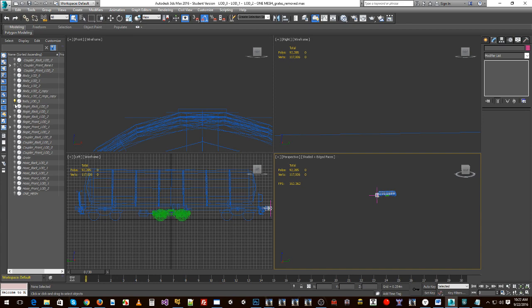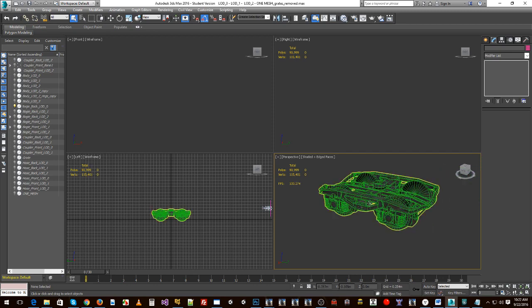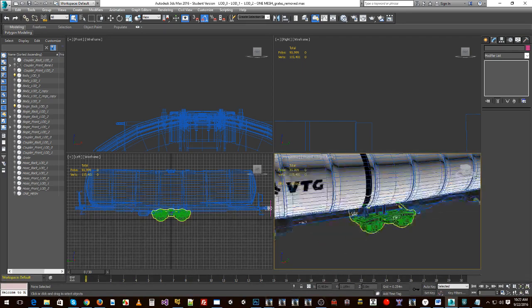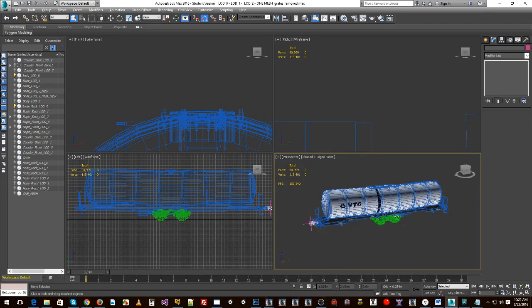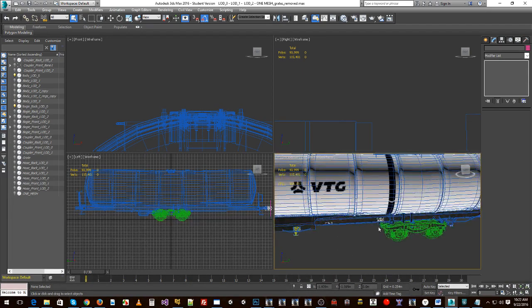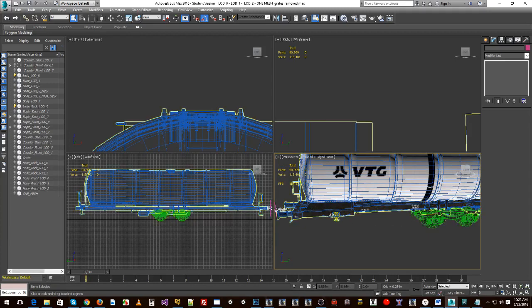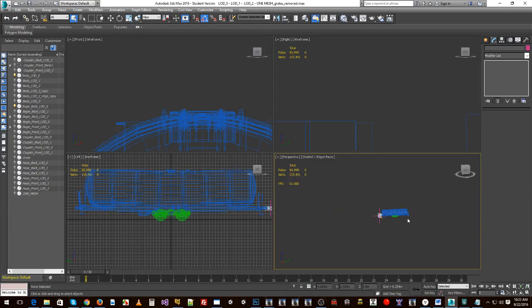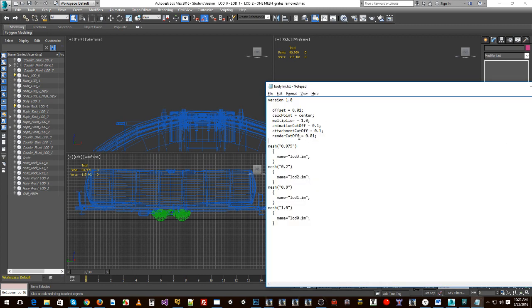Bogies, there they are. So these bogies will actually be attached to the attachment point of the body. So this body here, which doesn't have any bogies, you'd see them up nice and close, and those bogies would be separate objects attached to this train car's body. But when it gets to a certain size of the screen, using the .lm file, we'd say